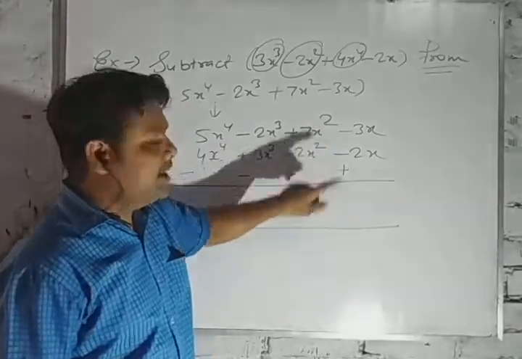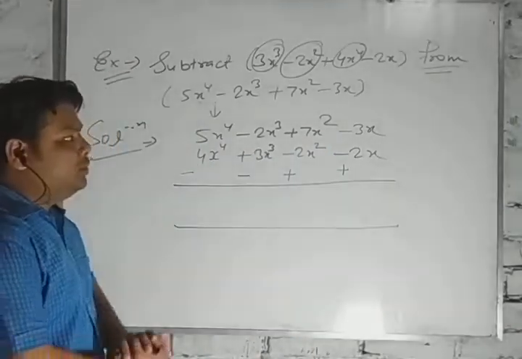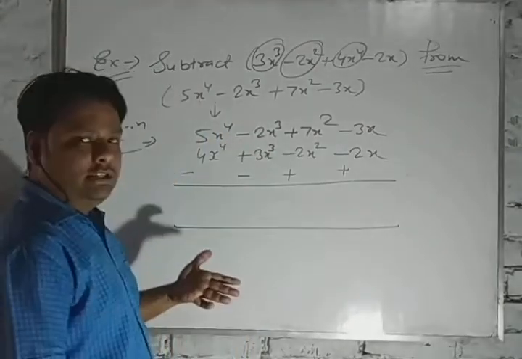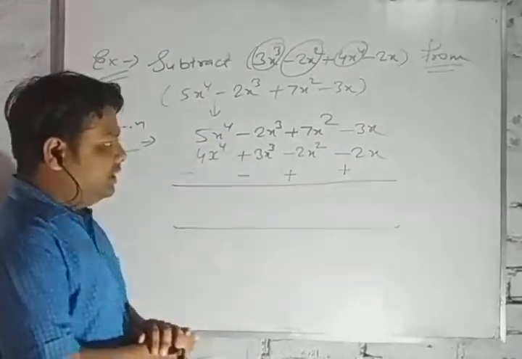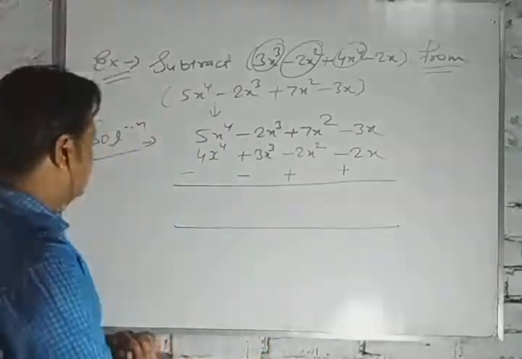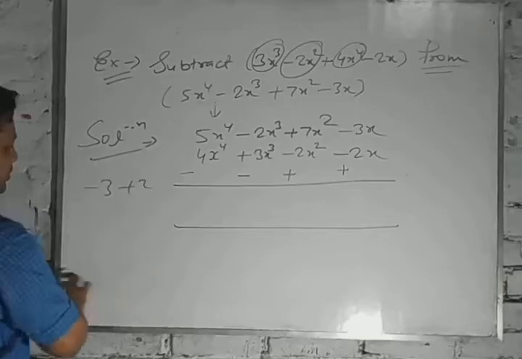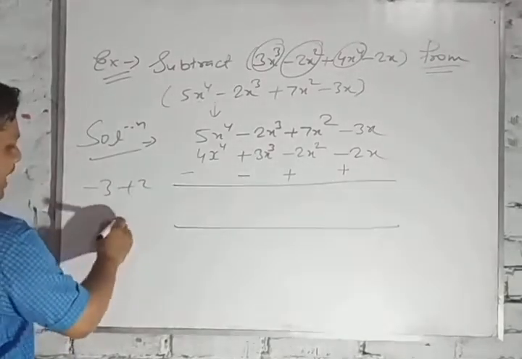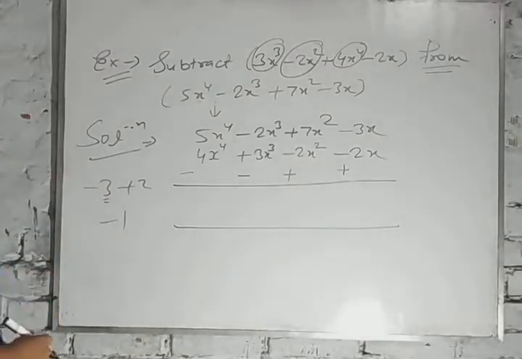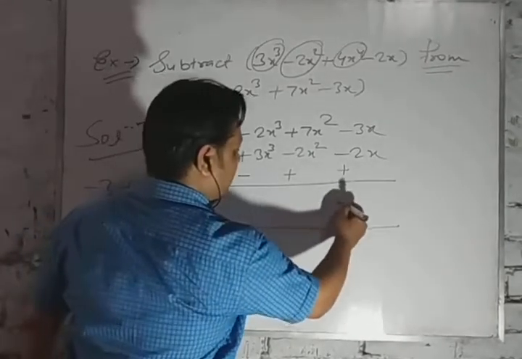So minus plus minus. That is, we have to subtract this term. That is, only the constant term we will subtract. In addition, you have already understood this thing. Now minus 3 plus 2 will be minus 3 plus 2. Here minus plus minus, that is minus 1. Because 3 is greater, so we will write the minus sign. So here we will write the minus sign.